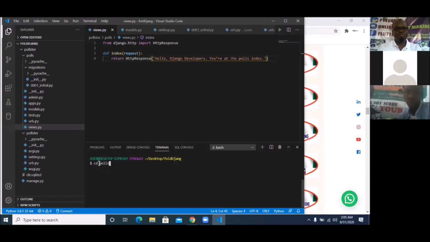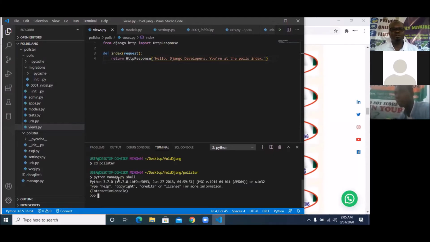Very, very important, poster. Okay, I'm in poster. So I'm going to simply say python manage.py shell, because I want to open up the shell so that I can input some data in the database so that I can see the way it looks.